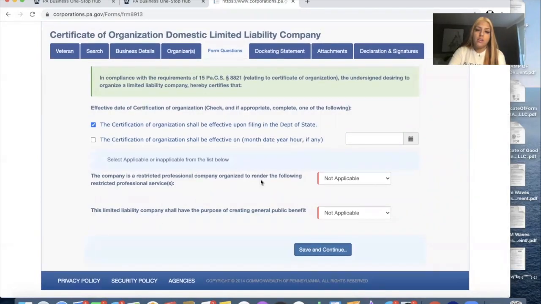No, and you just put no for both of these. So just put no. You want to have a simple LLC. You're just starting. You know, we just want the simplest LLC there is. This is really simple. So you just go next. And then